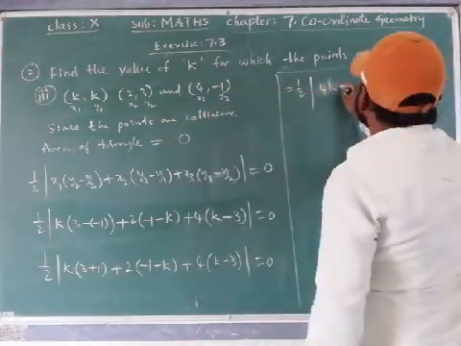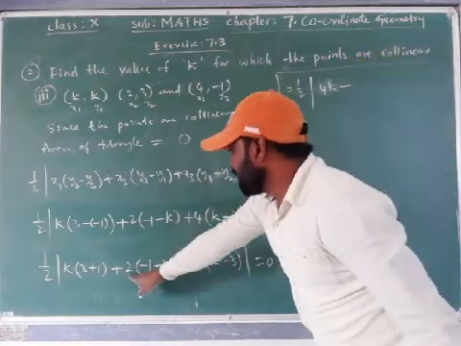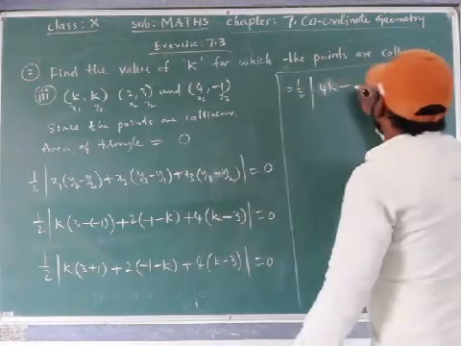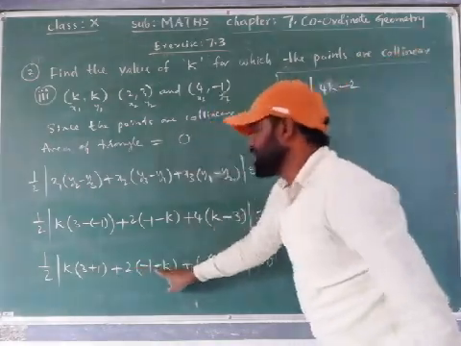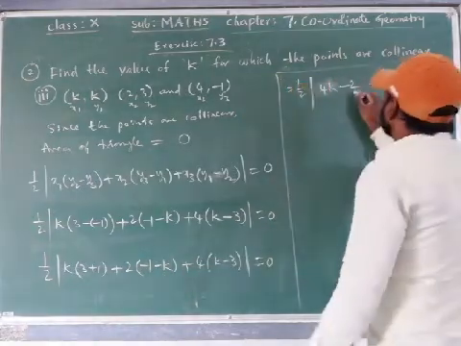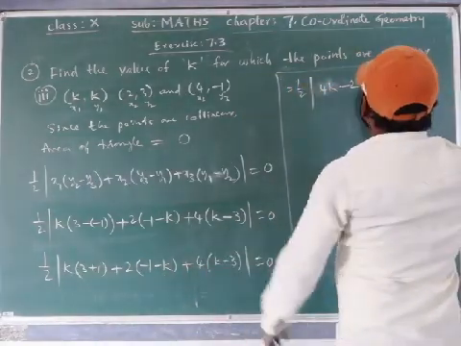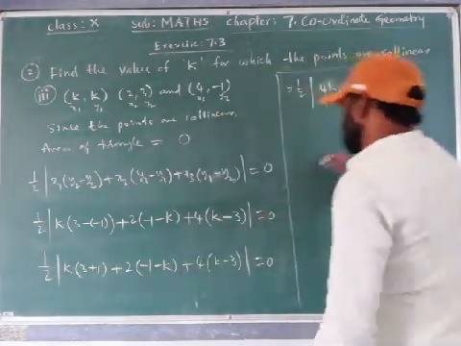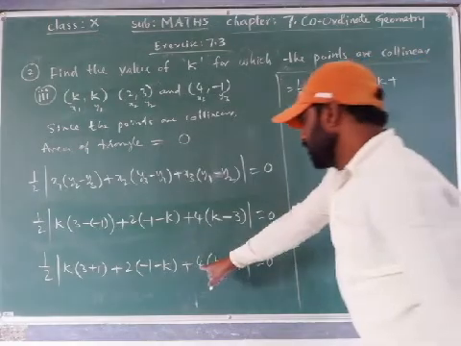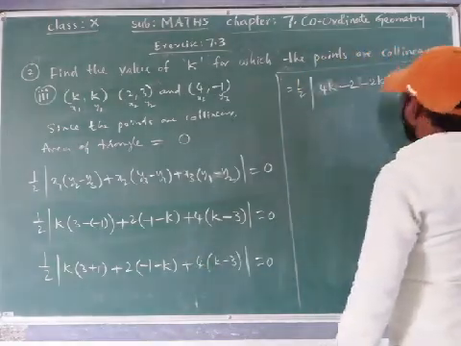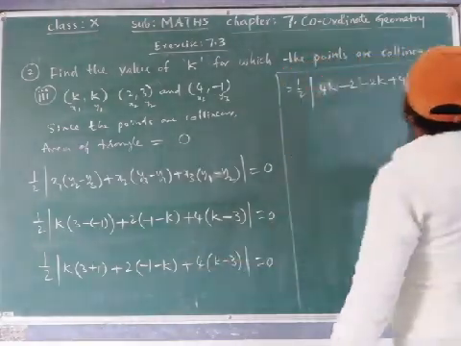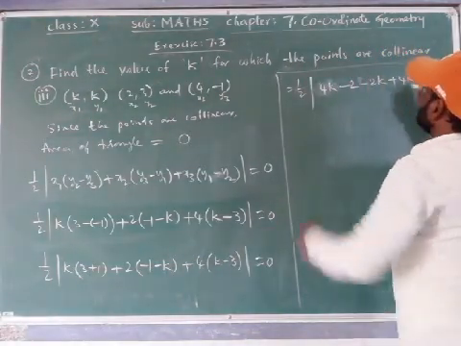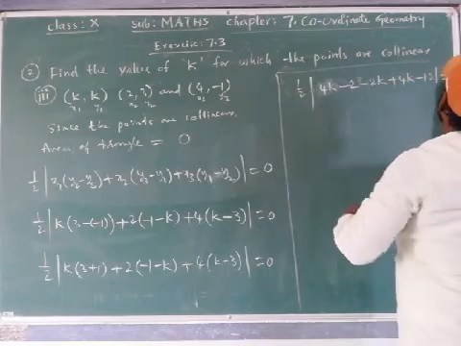Next plus. Instead of plus I will write directly multiply now. Plus into minus minus. 2 into 1 is 2. Plus into minus is minus. 2 into k is 2k. Okay. 2 minus 2k. Next. Plus. Plus. 4 into k is 4k. Plus into minus minus. 4 3s are 12. Is equal to 0. This is equal to 0.